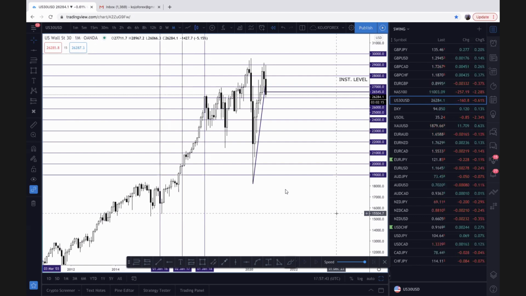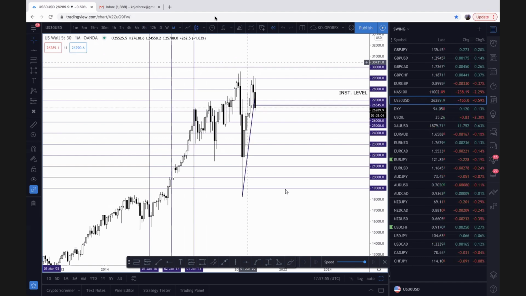Not 1,000 pip range though, 1,000 pip differentials in terms of the price, right? So you can see here that I have 19,000, 20,000, 21,000, 22,000, and so on and so forth. So I use 1,000 pip price differentials when it comes to US 30: 19,000, 20,000, 21,000, 22, 23, all the way to 30,000. It also has a very succinct way of playing around these price points. That's why, based on experience, based on research, based on back testing, I decided to settle on 1,000